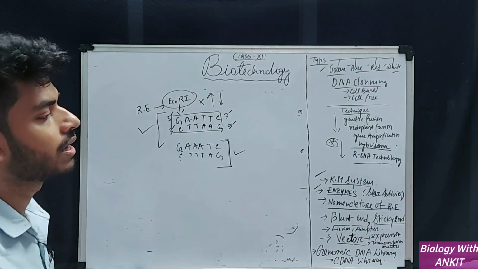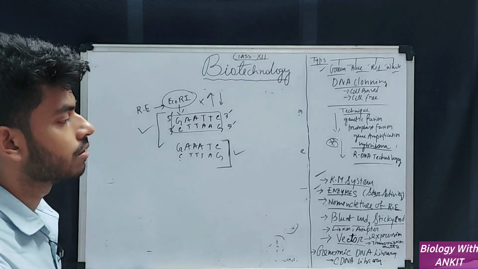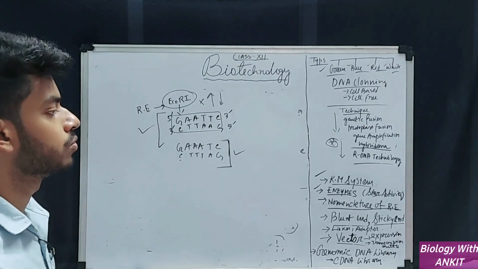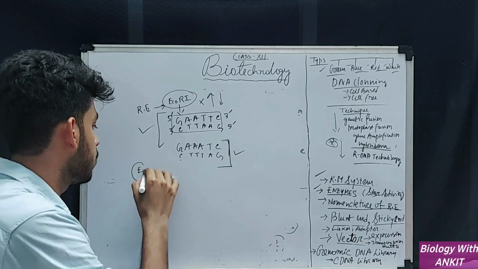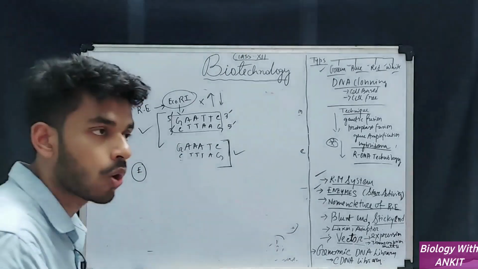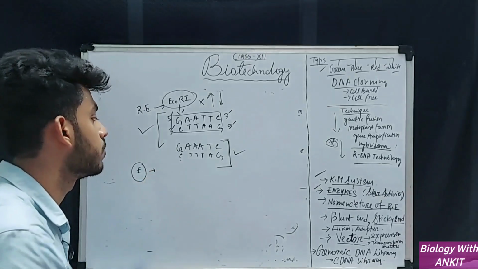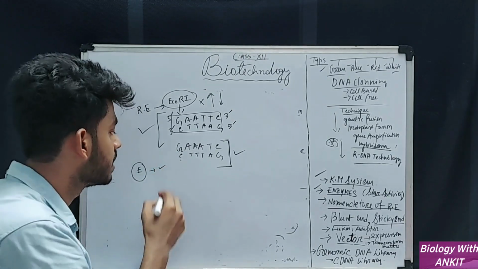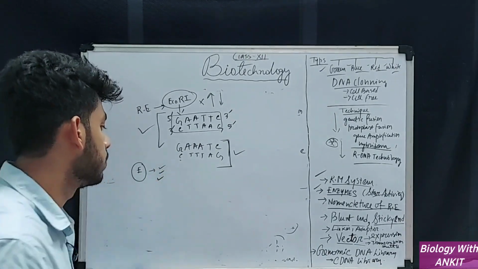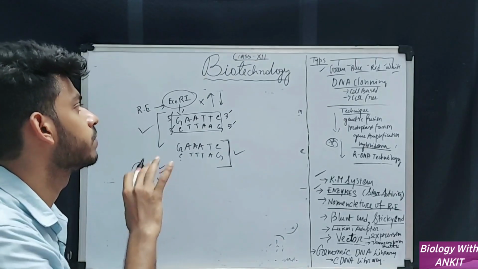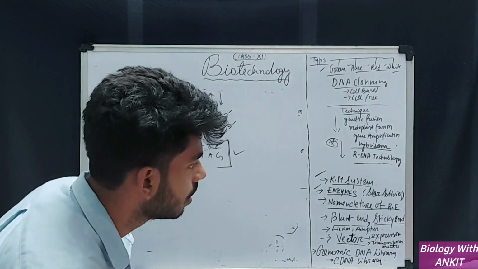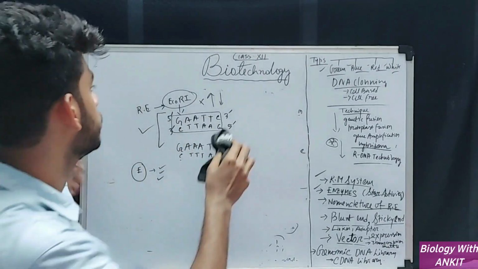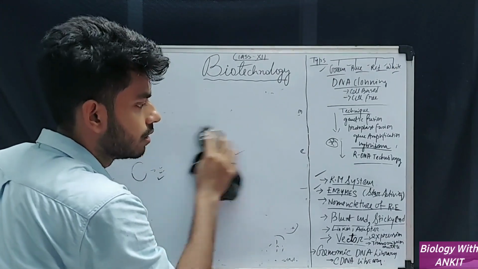Okay, it helps the scientists, or it helps the students, to remember that an enzyme only functions when a proper physical environment is provided, that is, an optimum temperature, an optimum pH, and optimum buffers are all required for the proper function of the EcoR1 enzyme. Okay, so this is the enzyme part, and now let us move on to the next part, that is